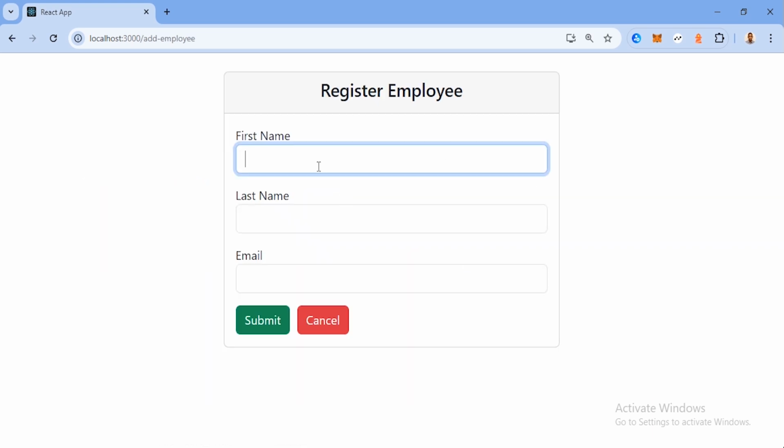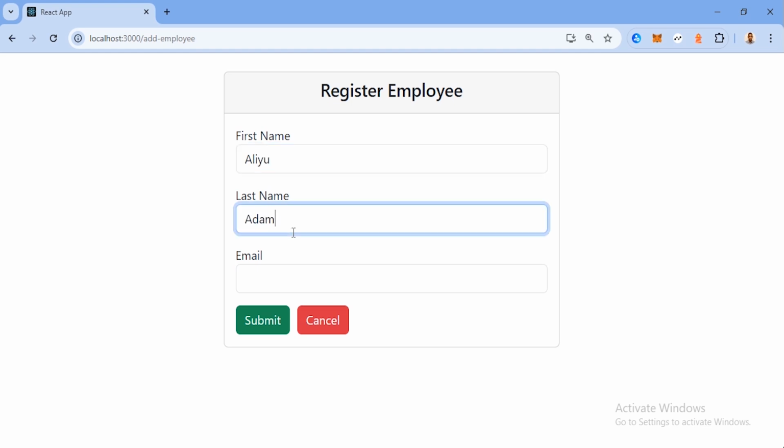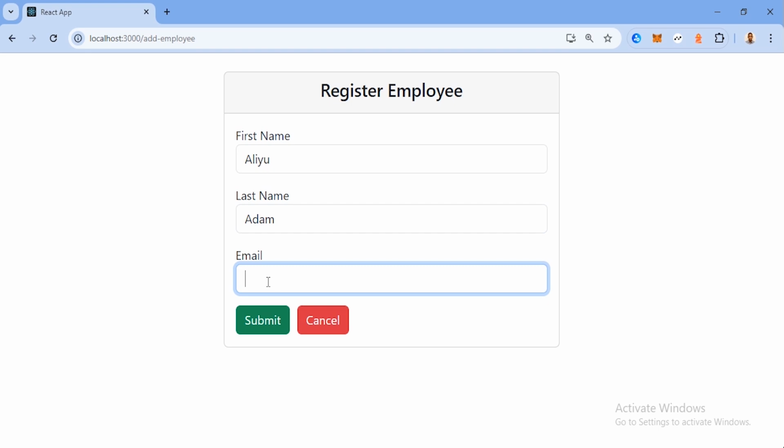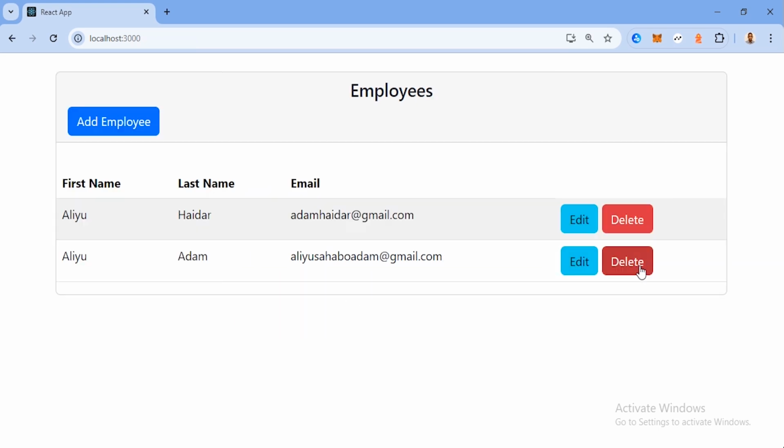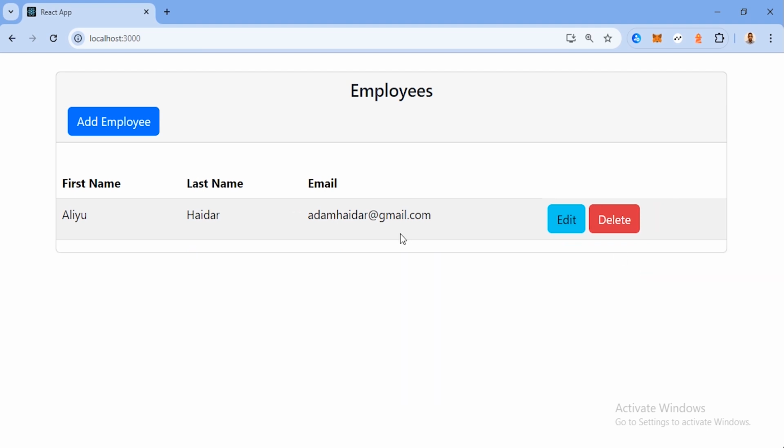Let's add another user and try to delete. Aliyu Sahabo Adam at gmail.com. So Aliyu Sahabo Adam at gmail.com. So let's delete this again. So it deleted. So this is the end of this series where we build this application,